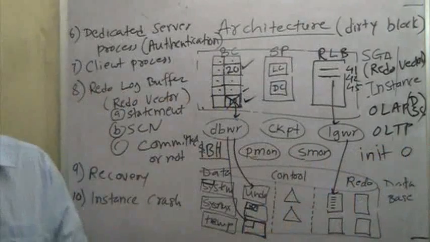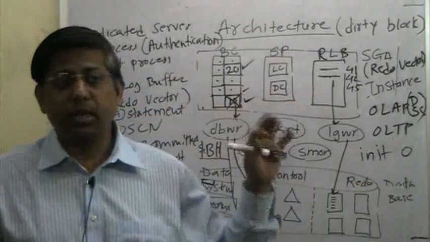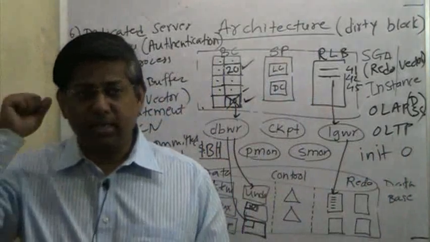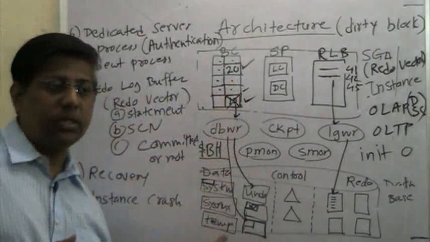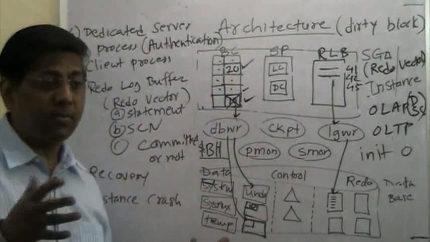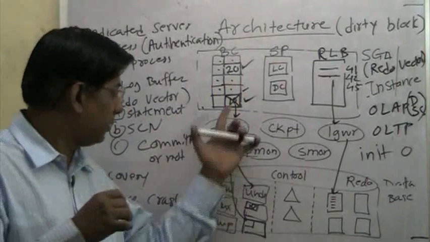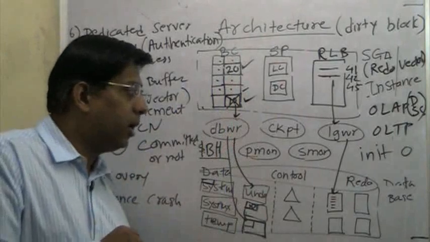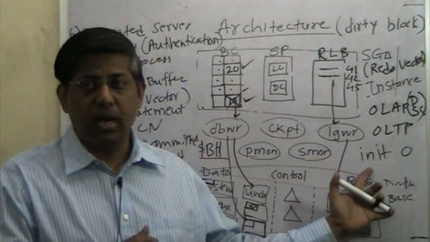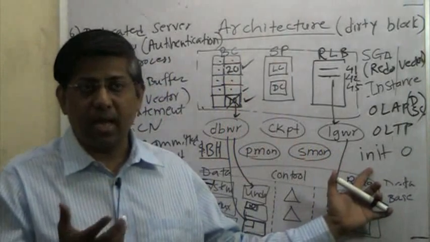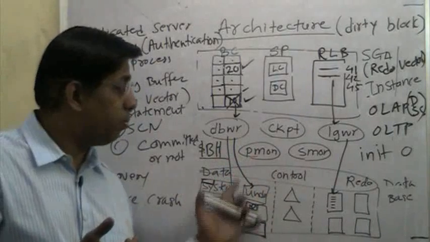Okay, or shut down or power off. There are so many things. So if you shut down the machine without first shutting down the database, then what happens? Then there is a big possibility that somebody had just committed a transaction which is not written to the disk by the DBWR. DBWR did not get enough time to write to the disk, and before that was done, the machine was shut down, and therefore the possibility is very high that data is not written properly to the disk,